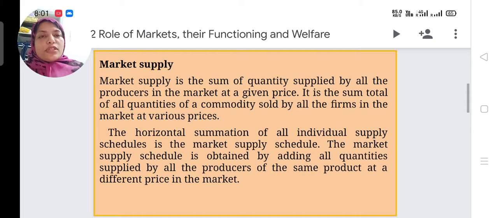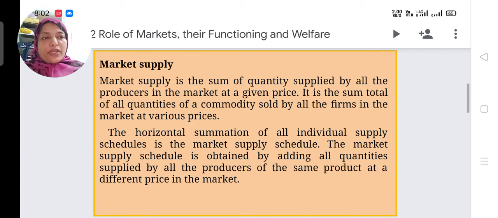In the Kottucherry market, some seller is selling 1 kg of tomato for 21 rupees. Or in Tirunellar, some seller is selling 1 kg of tomato at 22 rupees. So if we add the total quantity supplied by all producers at Karaikal, at Kottucherry, at Tirunellar, we will get